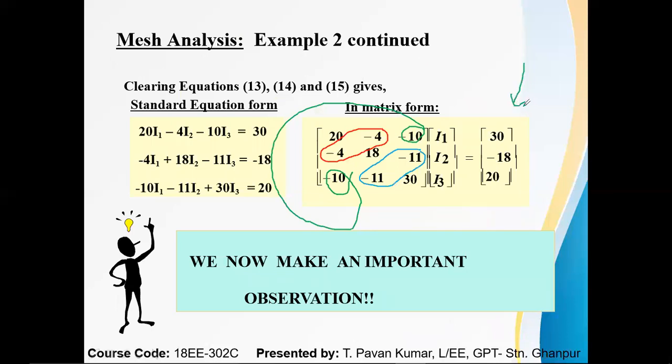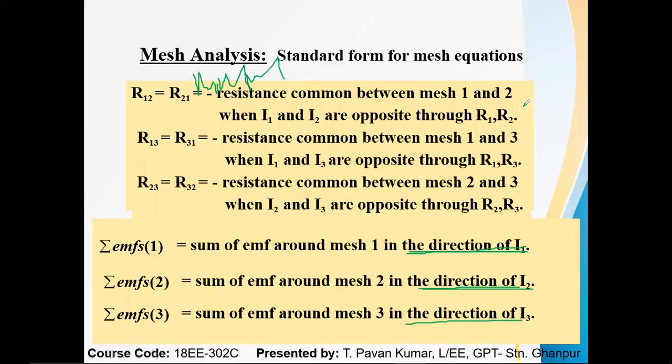Hope you guys are clear about this session, and in our next session we will solve a few more problems and a few different approaches and techniques by adding current sources in the branch. How will the loop equation be affected in mesh analysis when we add a current source in the branch? By changing the circuit and adding different elements, the procedure will change. So try to follow the sessions thoroughly.